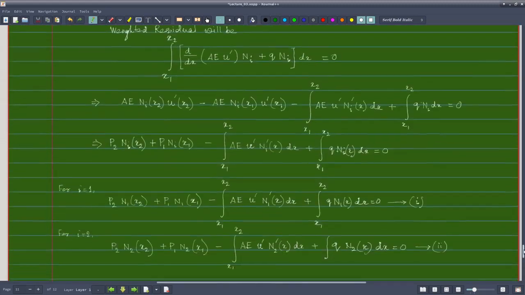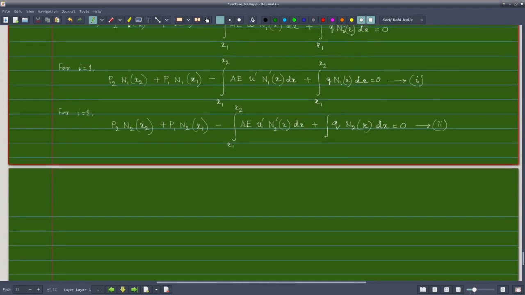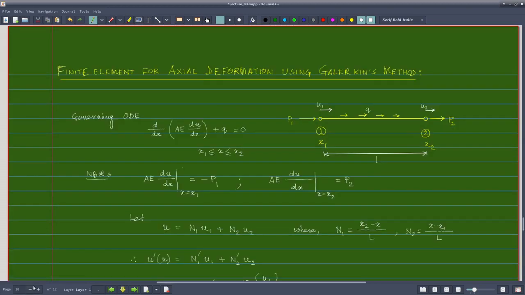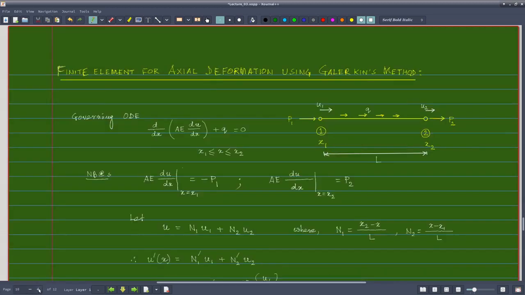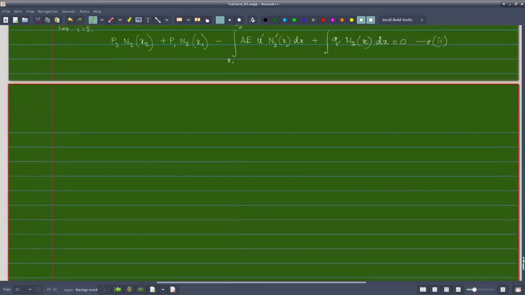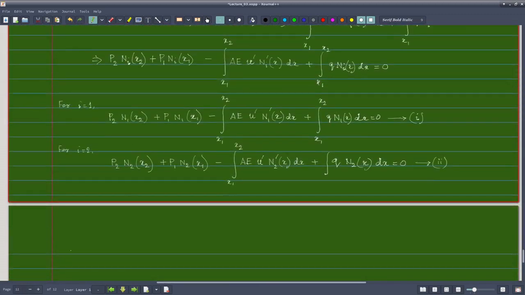So now let us see that we have noted that the shape function n1 at x2 is 0. You remember that we had drawn the shape of the shape functions. We have seen that n1 is 1 at x1 and 0 at x2. Similarly, n2 is 0 at x1 and 1 at x2. So we will put those values now in these equations. So therefore I get p2 into 0, so that term will not be there. Then p1 into n1 at x1 is 1, so p1